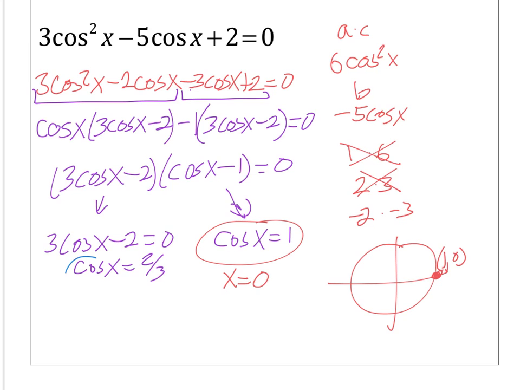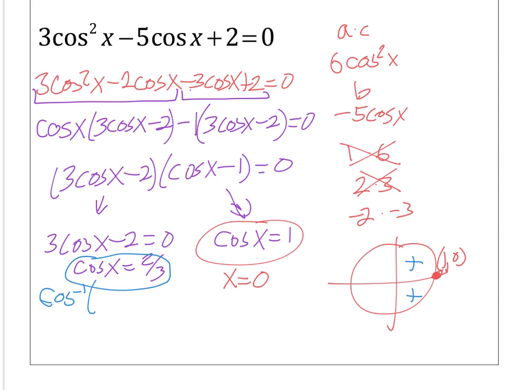Second thing I've got to look at is cosine of x is equal to 2/3. Well, that's a positive. Cosine is positive in the first and the fourth quadrants. A value of 2/3 means I'm going to have to use some inverse trig. So this is a calculator active part. I probably will not be giving you something like this on a spiral. So I'd say cosine